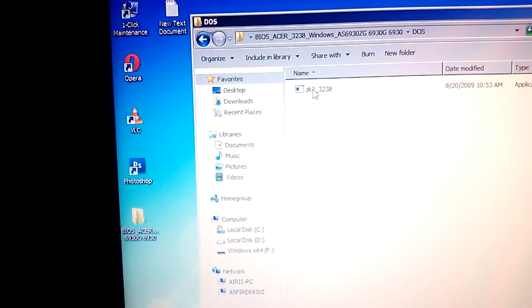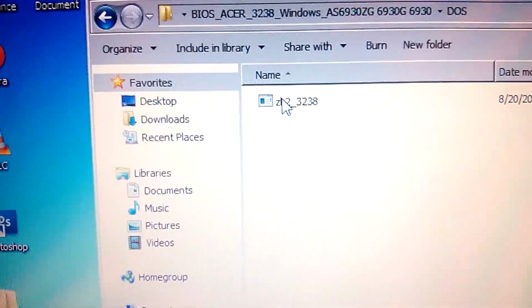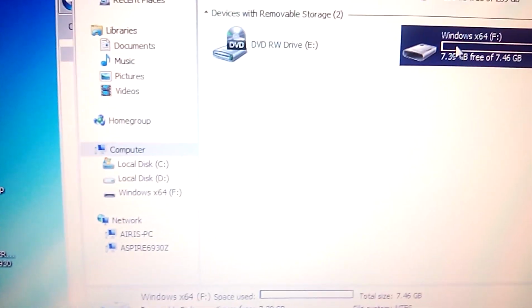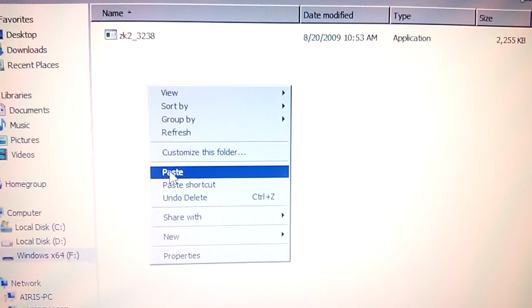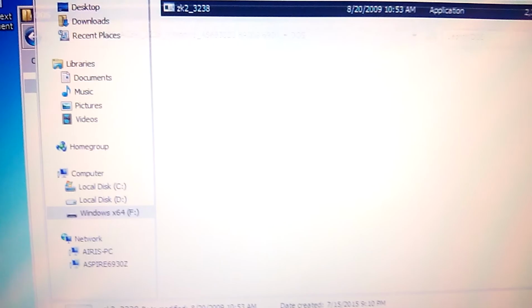first of all, I'm going to try the DOS version, which is this file. You have to remember the right name of this file, which is ZK2_3238. We're going to copy this into a newly formatted USB storage. I already copied it first, but I'm going to copy and replace. Now we're going to restart the machine,